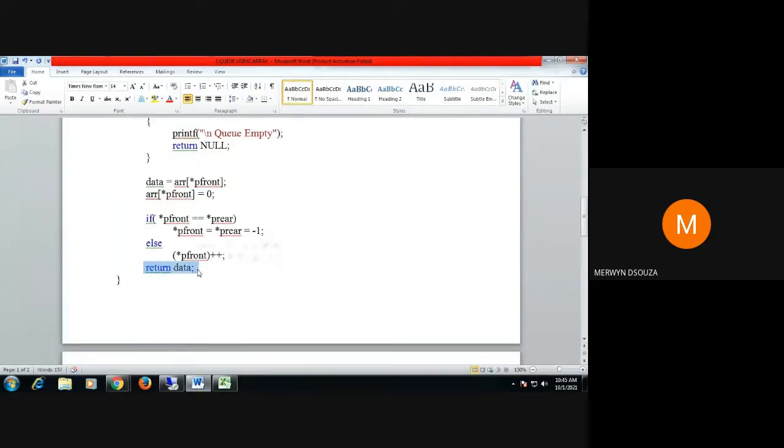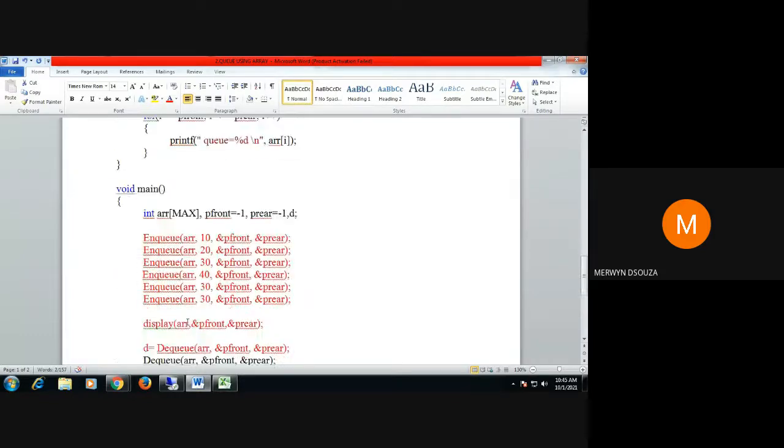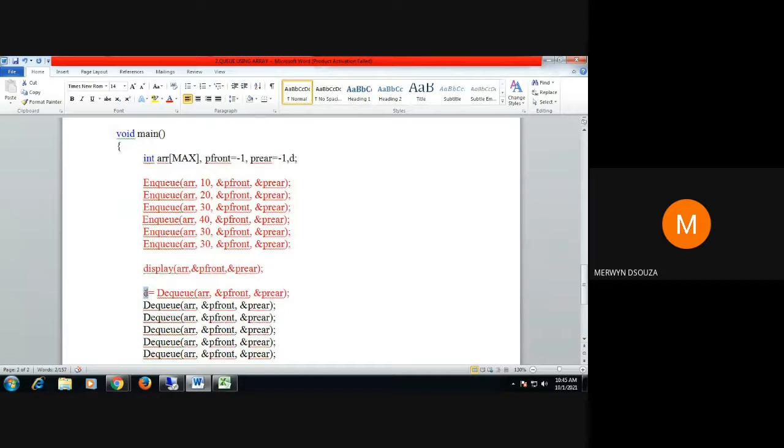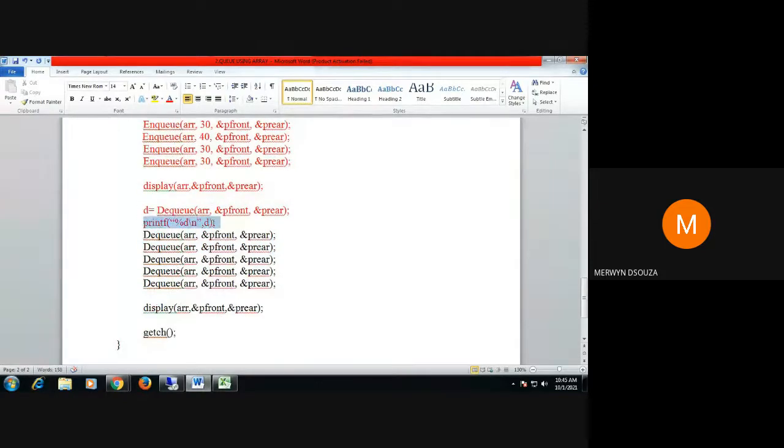You're returning this data, 10, so d receives the data sent by that function, and then you can print that data using a printf statement. That will stand for the data that you just deleted. Like this, you can put a printf statement after every dequeue statement, and similarly you can put d equal to before each delete.